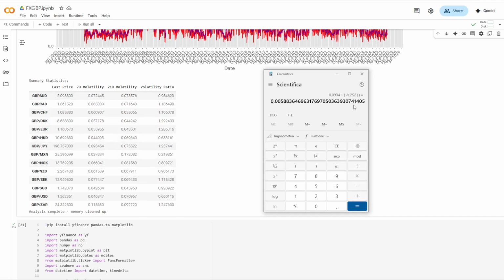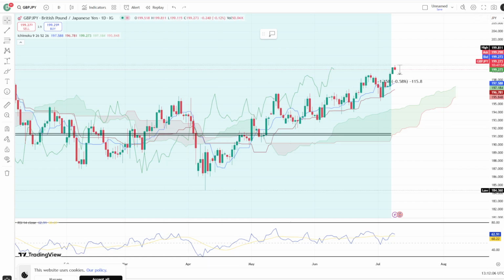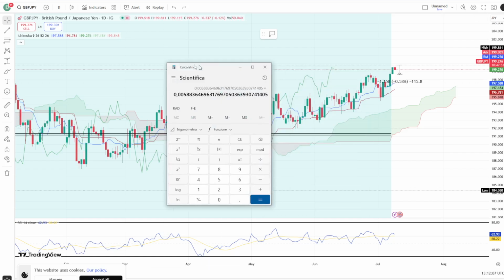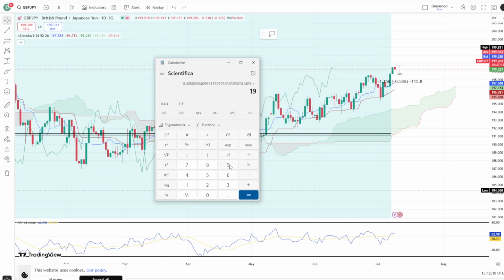We take the parameter, we divide it by the square root of 252 days of business in a year, and we have an estimate of the daily volatility, which is this nice number. We can take this nice number and multiply it by the exchange rate that we see live on the trading terminal on the page, which is